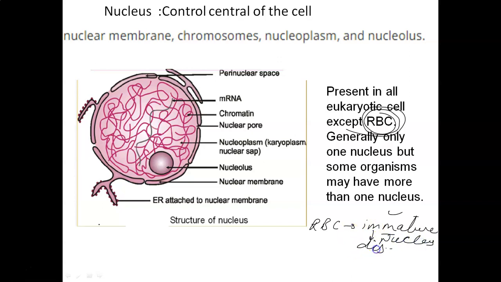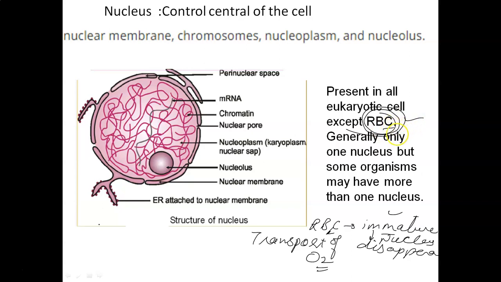And this nucleus disappears because actually you all know that RBC has the function of transport of O2. So the more the space will be available, the more transport of oxygen will be there. Okay, so the nucleus disappears, and the RBC in our body is biconcave shape. It is disc shape, so that maximum oxygen can be absorbed. So the RBC is the exception where the nucleus is absent.